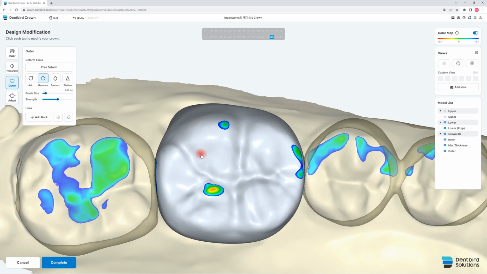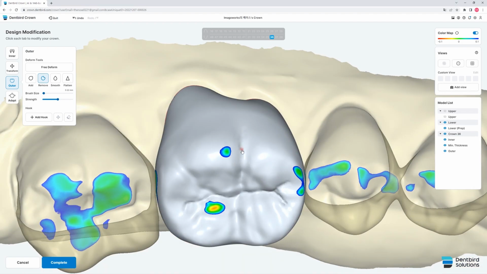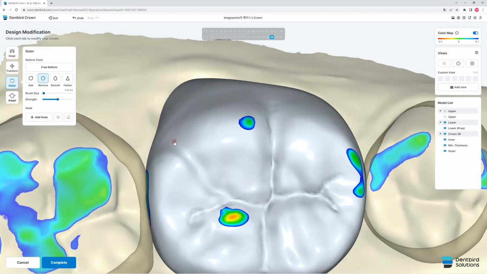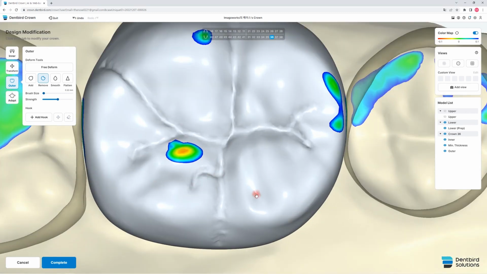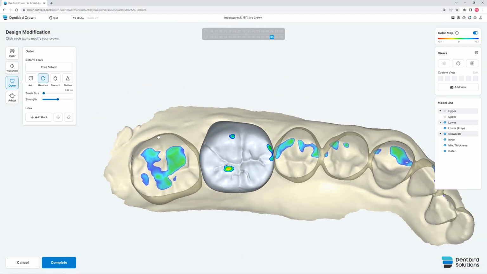Also, you can use remove to form clear grooves. And then free deform again.